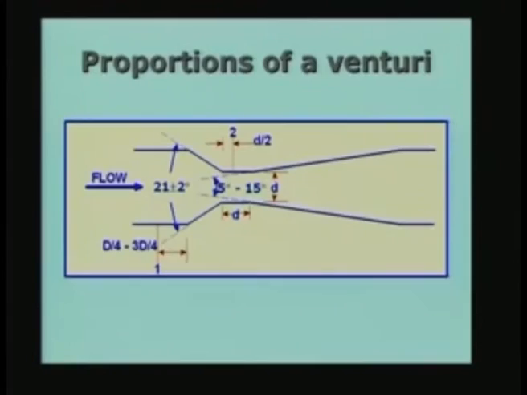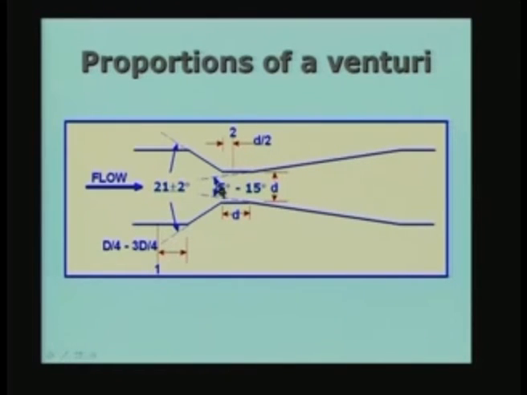Of course, we will see in a moment that in the case of the venturi the same thing holds. So, the proportions for a venturi are given here. It consists of two sections, the converging section, then a landing or a flat region where the diameter is uniform equal to small d, and then it starts diverging again. The angle of convergence can be 21 plus or minus 2 degrees, these are the allowed values. The diverging section can have an angle of 5 degrees to 15 degrees, any angle can be chosen.